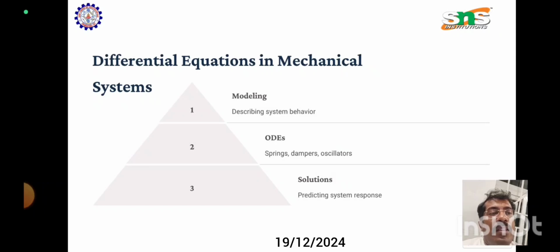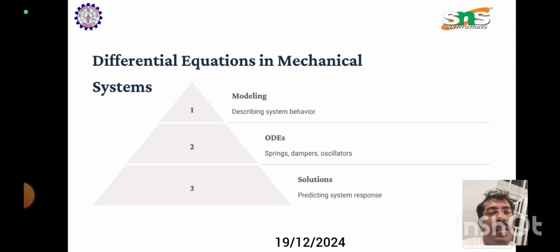The very important areas of differential calculus are when we talk about springs and rate of change, and dampers and oscillators, which are used in mechanical apparatus. And we try to predict some system response by the methodology. We have various methodologies given by Legendre, Euler, Cauchy for solving differential equations. So using the ideas given by them, we can carry out various mathematical procedures, and we can find out the solution of such